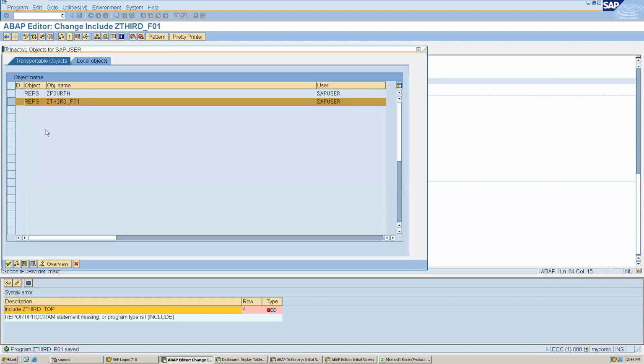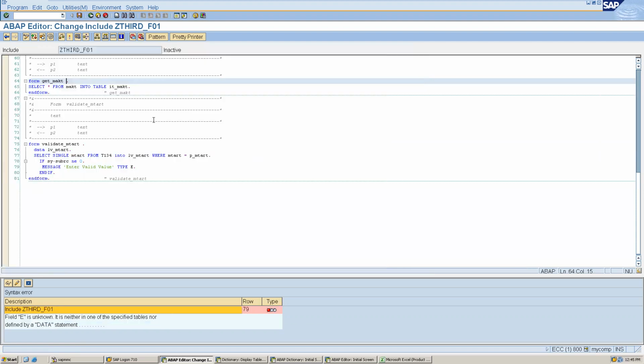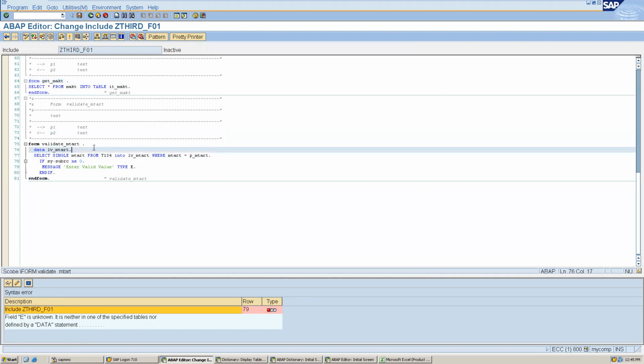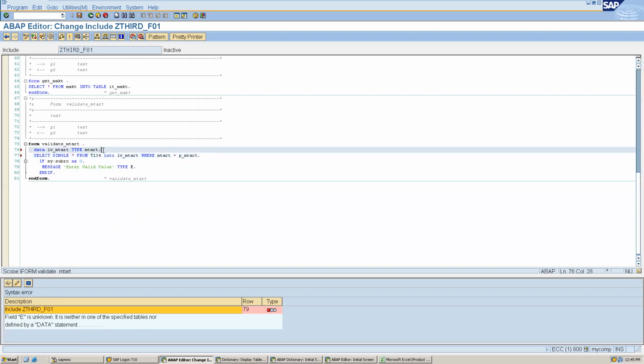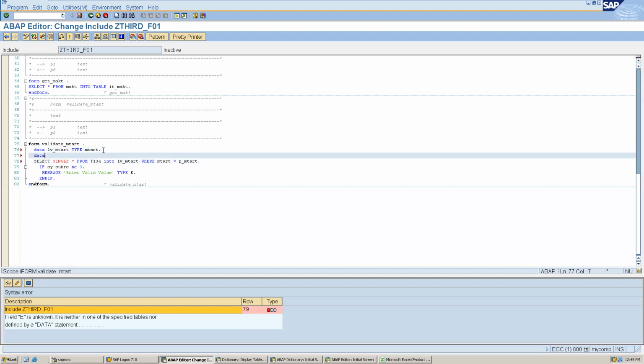Any question? Abhishek, yes, tell me. Yeah, this is for single, and in case of multiple, we have to define an internal table and a work area. Sorry, I forgot. For example, if we have to select two records from here, or select star, then I have to define a work area, because it will select a single line.